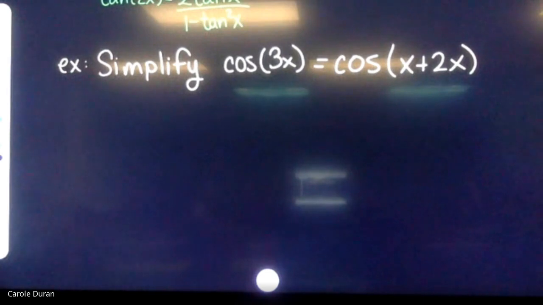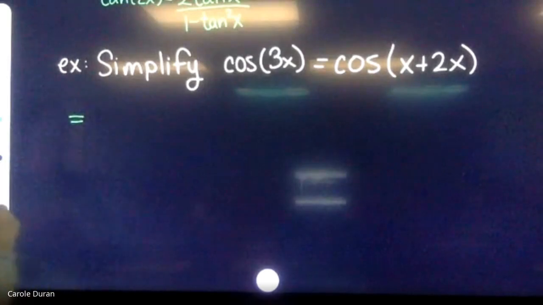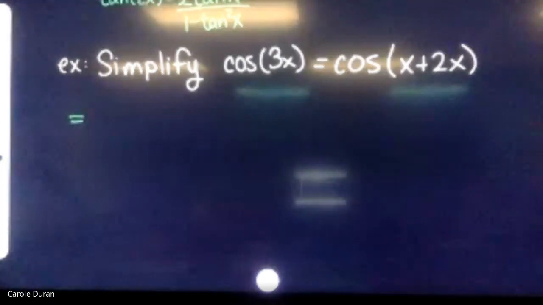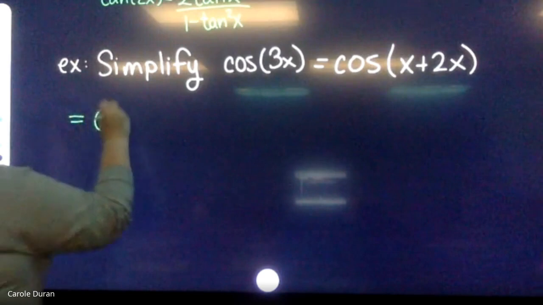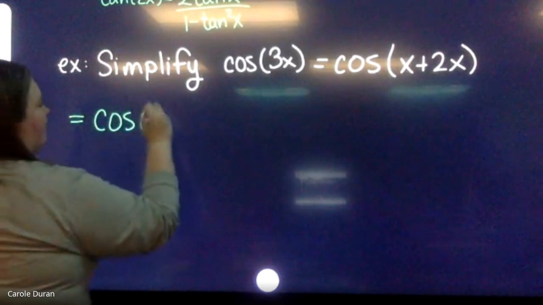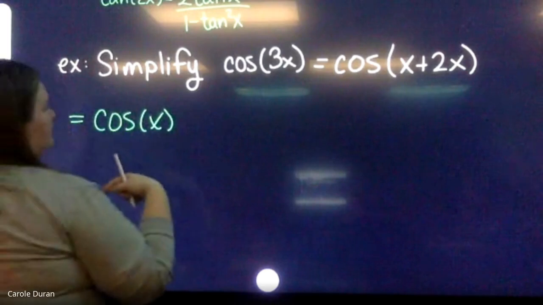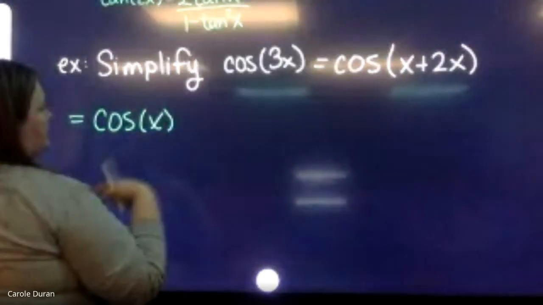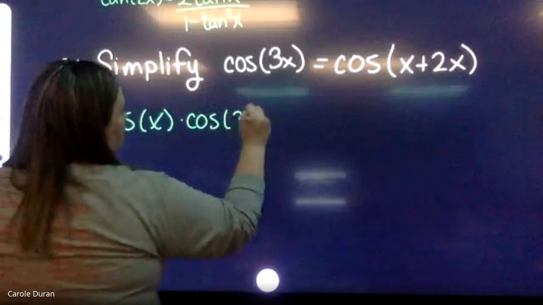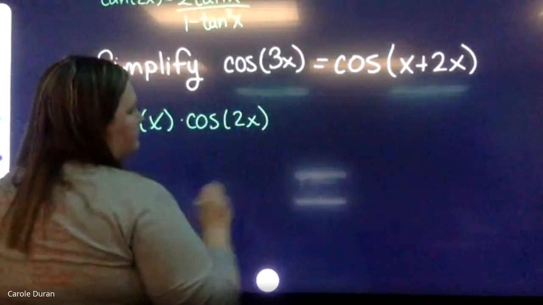What is our sum identity for cosine? Go back and look, it's all the way at the top. Cosine A plus B equals cosine A times cosine B minus sine A